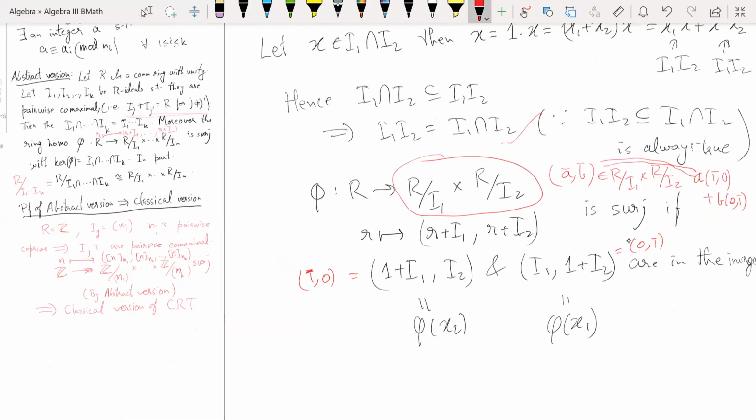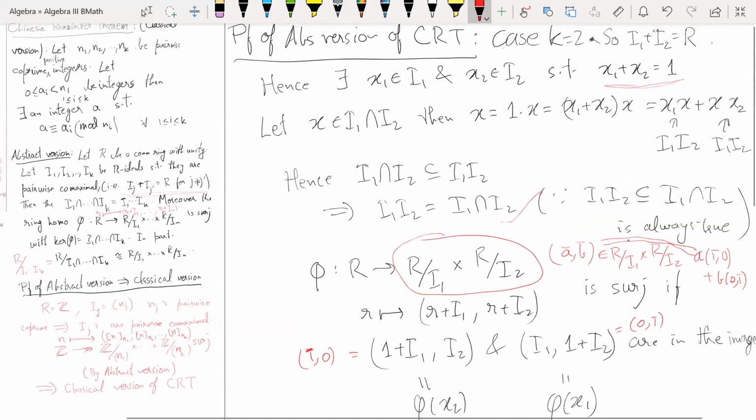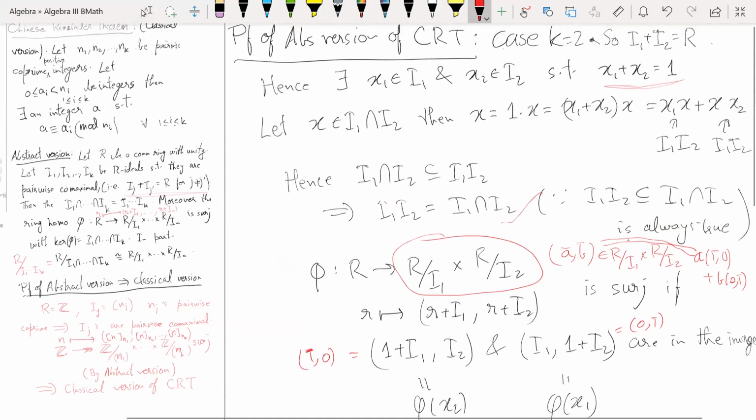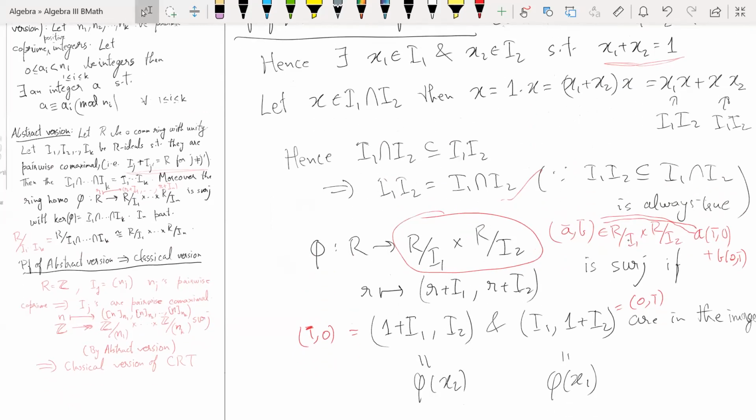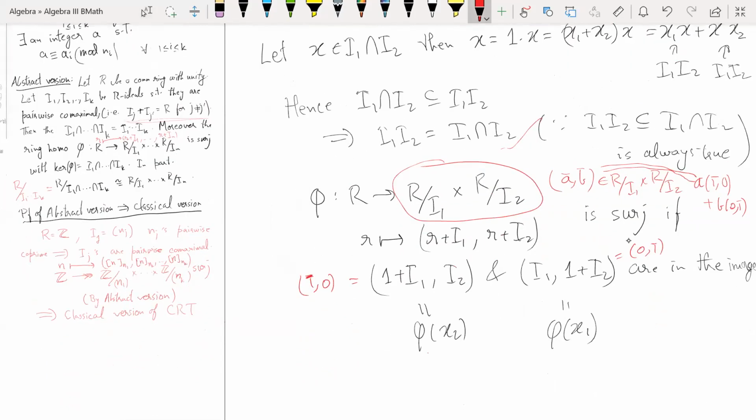So phi of x2 is, remember x1 plus x2 is 1 and x2 is in I2. So x2 in I2 tells you that phi of x2 is x2 plus I1 comma x2 plus I2. But x2 is in I2, so this guy is just I2, and